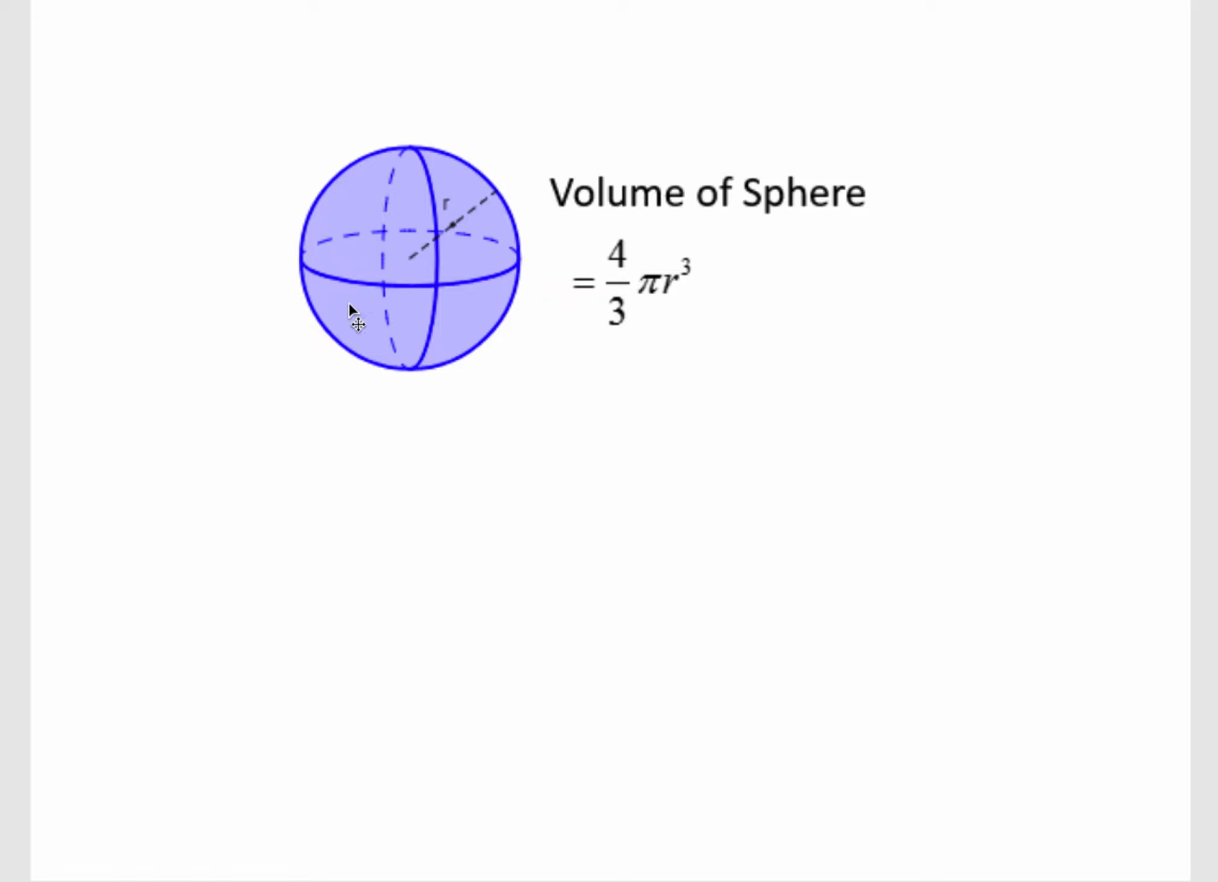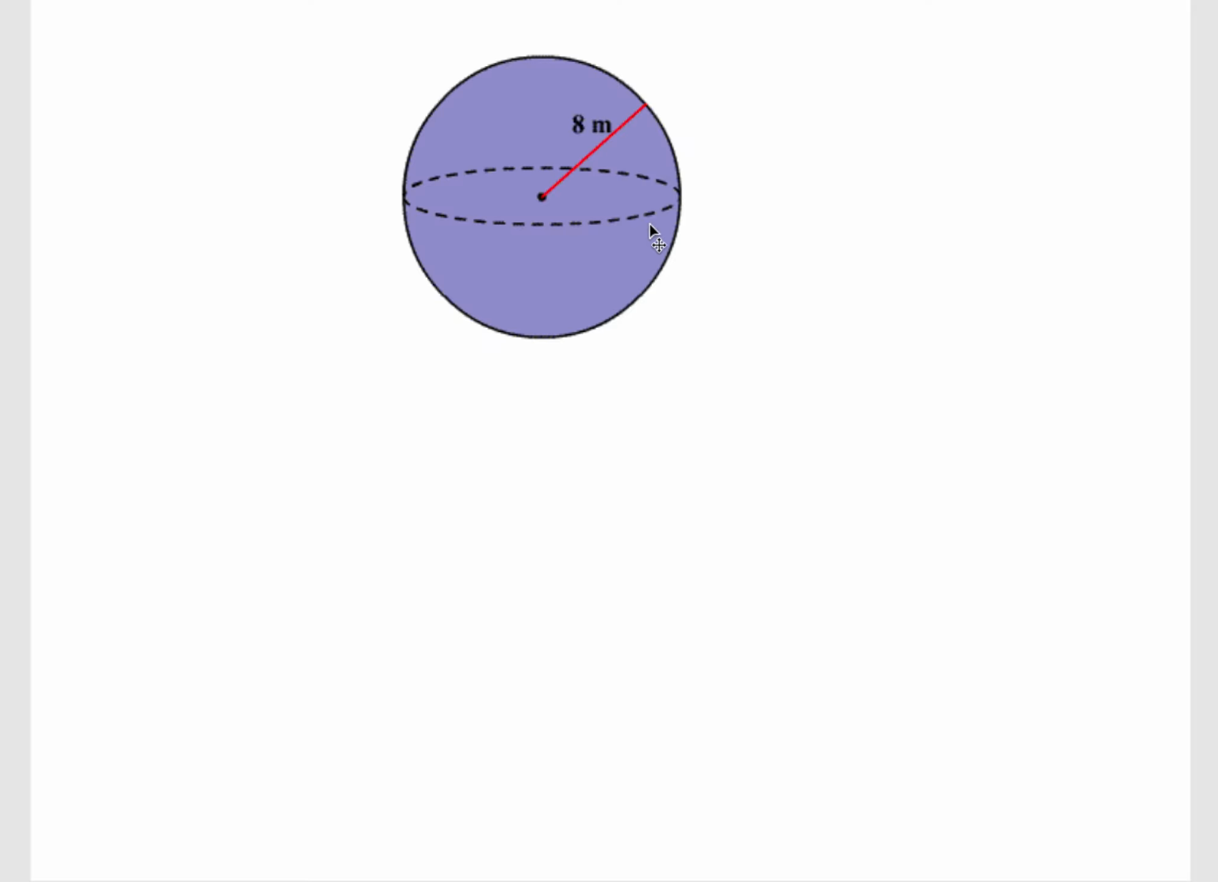get it. The trouble could be if they give us the diameter. I need to make sure that I don't put diameter there. I got to make sure that it's radius. But let's say this quick example, the radius is 8. So we know that the volume,